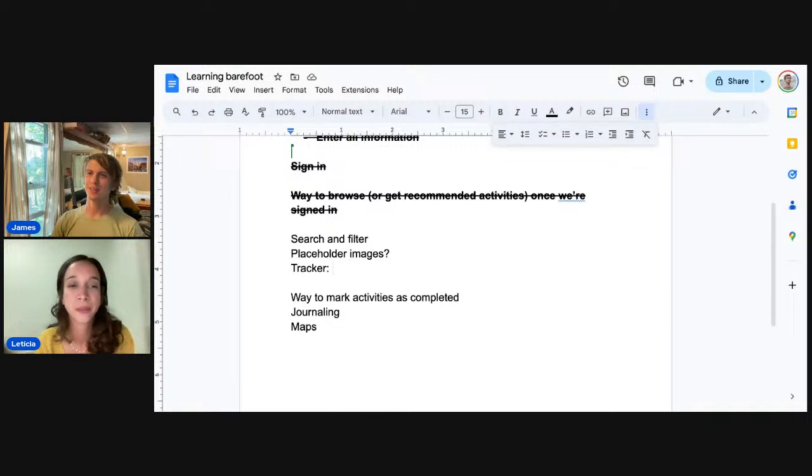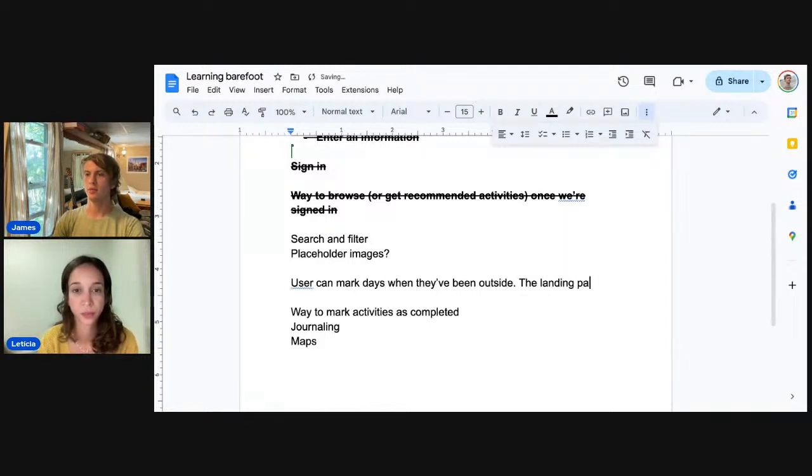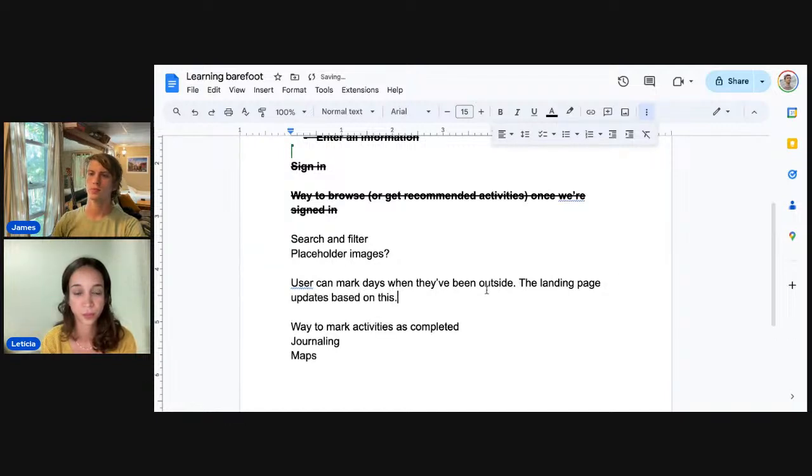This is the search, so we have search and filter, placeholder images. So the user can mark days when they've been outside, and the landing page updates based on this.